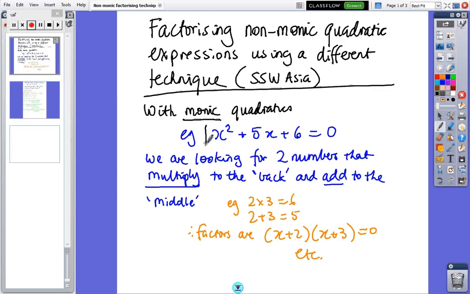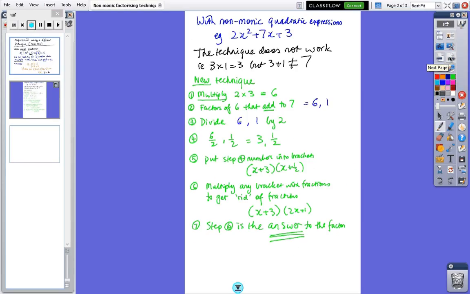And so the technique is, what two numbers multiply to give 6 and add to give 5? So 2 times 3 is 6, 2 plus 3 is 5. So the factors are plus 2 and plus 3 inside the brackets. Okay, and then if you got that, then you can solve the equation: x equals minus 2, x equals minus 3. Okay, so in this new technique with the non-monic,